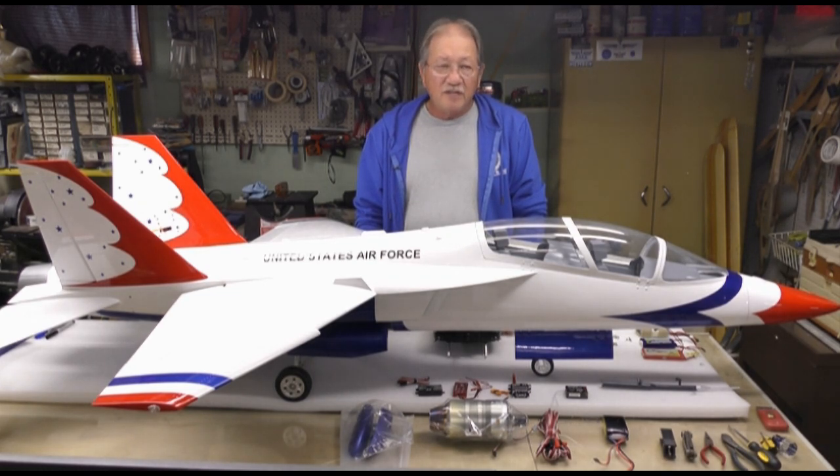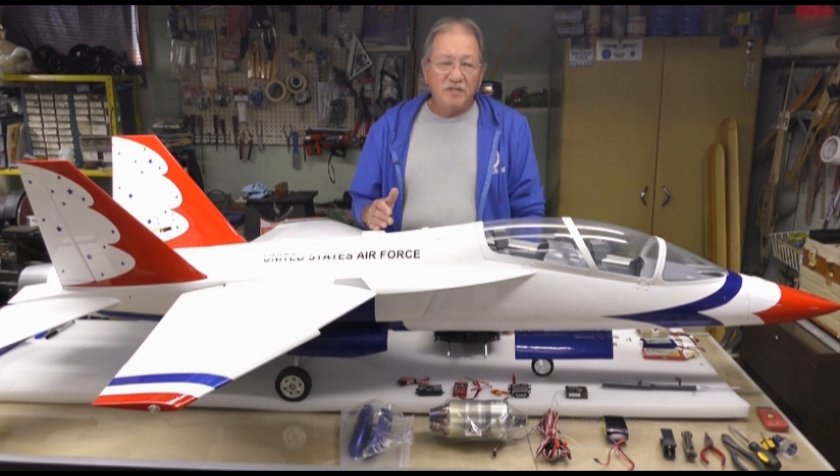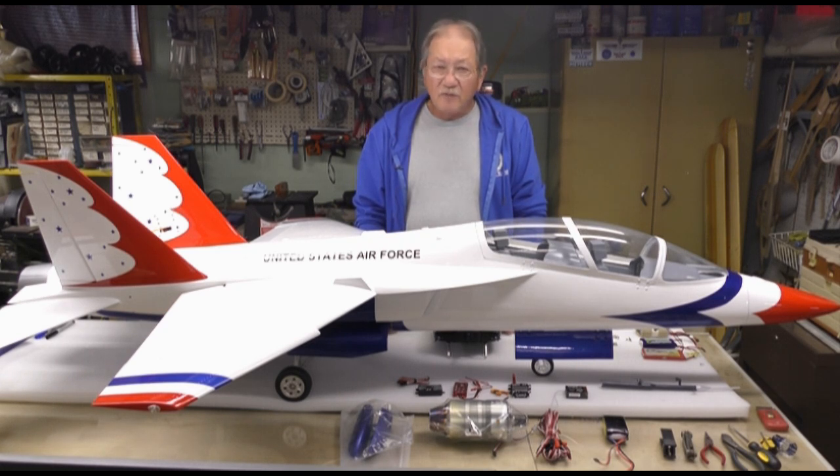Not real happy about that, so I gave it more elevator throw. That helped a little bit. I still think it needs more throw, and I believe it was 22 millimeters of throw. So I've increased it to probably about 27 millimeters now total. I think it needs to at least have maybe 35 millimeters of throw, but I'll find that out next time